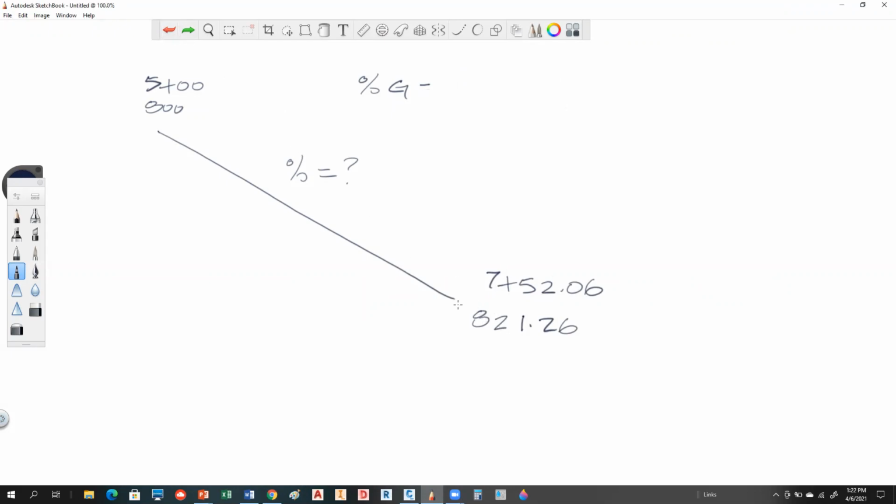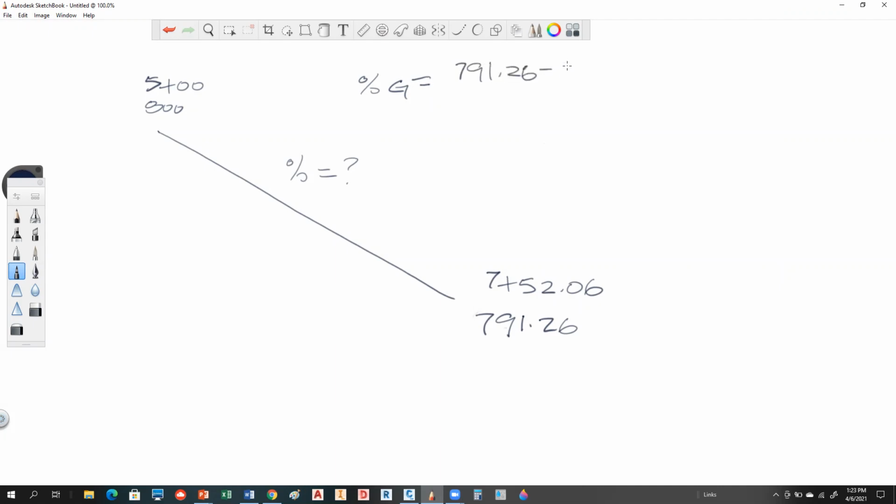No wonder I wasn't getting a negative. I was thinking negative and it wasn't coming out negative, so let's make this 791.26. Okay, so percent grade is final minus initial, so we have